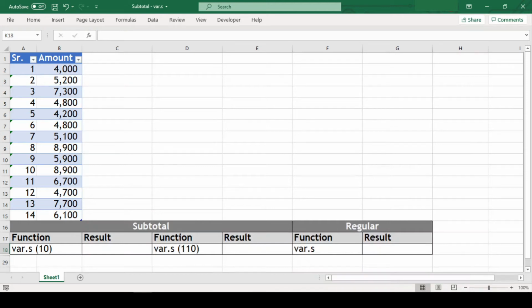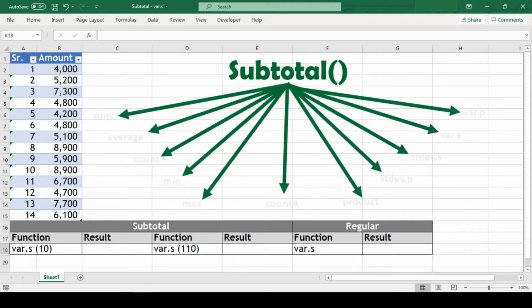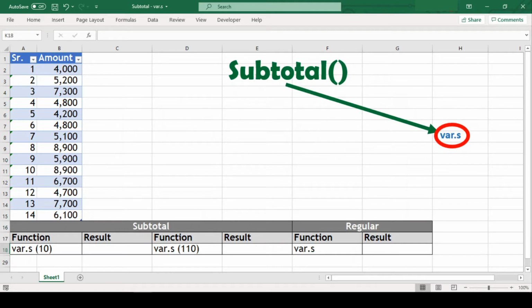In this video, we will learn about the subtotal function in Excel. You might think it to be somewhat like the sum of selected values, but the subtotal function is capable of much more. Apart from its ability to return a sum, it can also give us average, count, max and several other results. But today, we will specifically focus on variance of sample and understand this function with few examples in this video. So stay tuned.